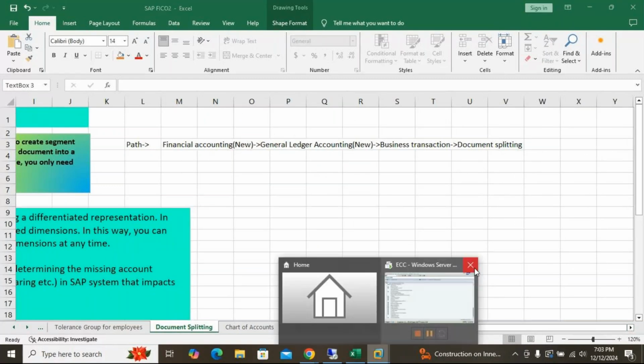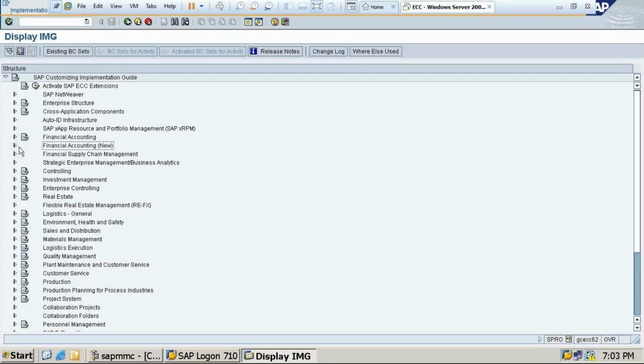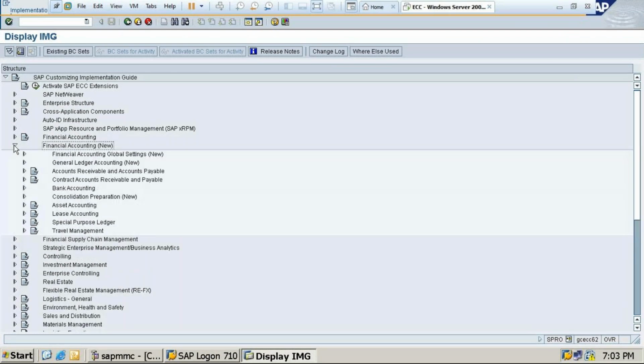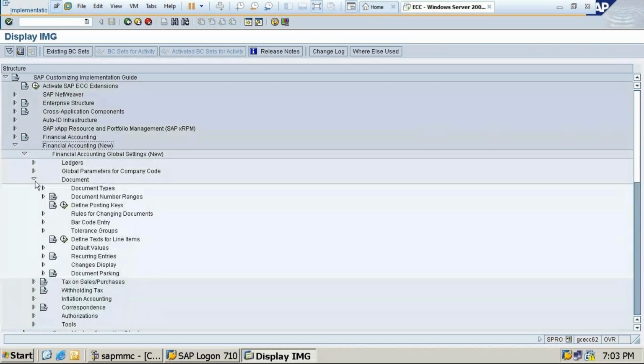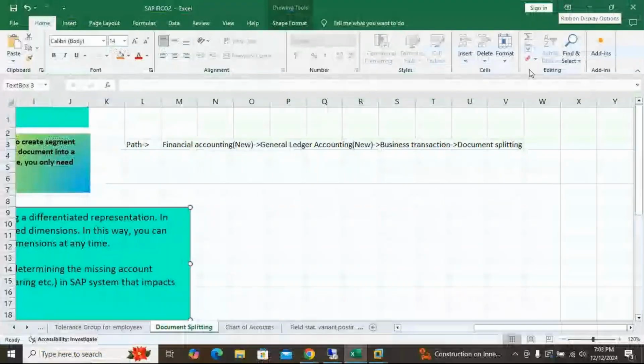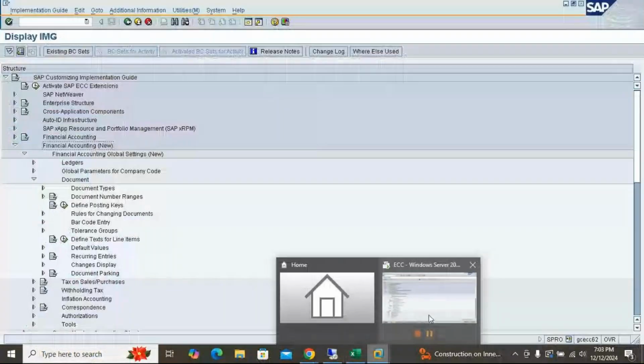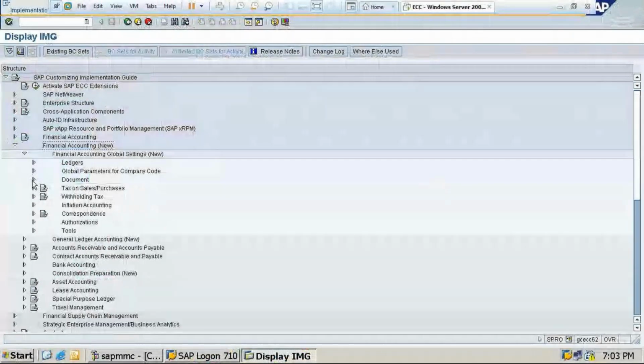Let's do it with the software only. Financial accounting new, then financial accounting global settings new. Then we have document splitting. One second, let me check. Business transactions, sorry, not this one.